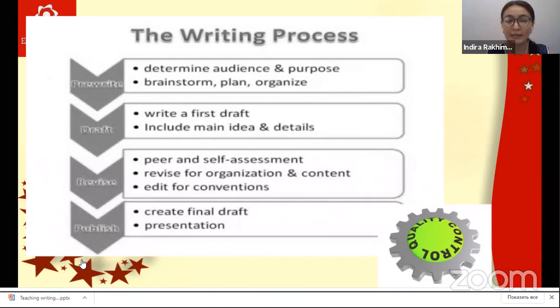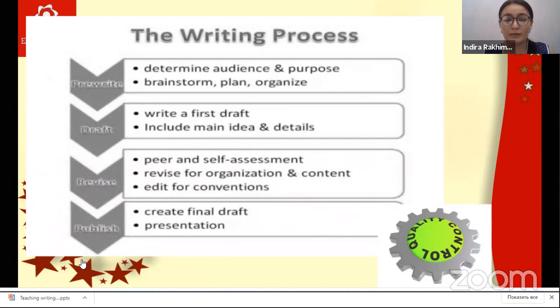And in the next step, we should draft. We should combine all the words that came to our mind as a sentence. Not just a sentence, but a coherent and cohesive sentence. After that, we should give it to our peers, or we can make self-assessment here also, in order to proofread whether we wrote correctly: grammar, mechanics, or everything that covers accurate writing. And after that, we can submit, we can present it to the necessary places.